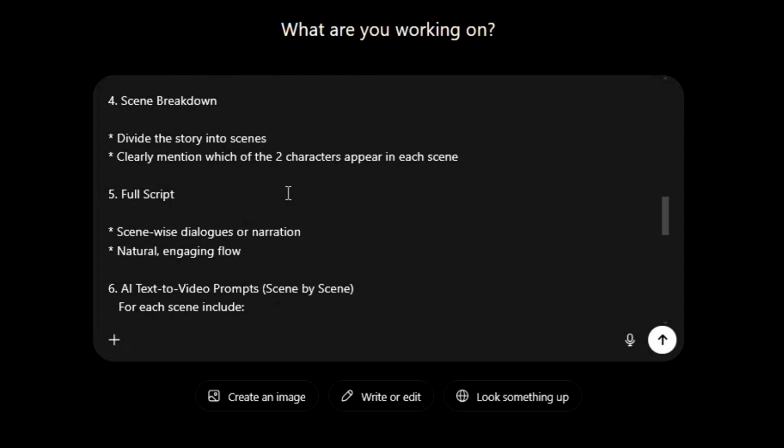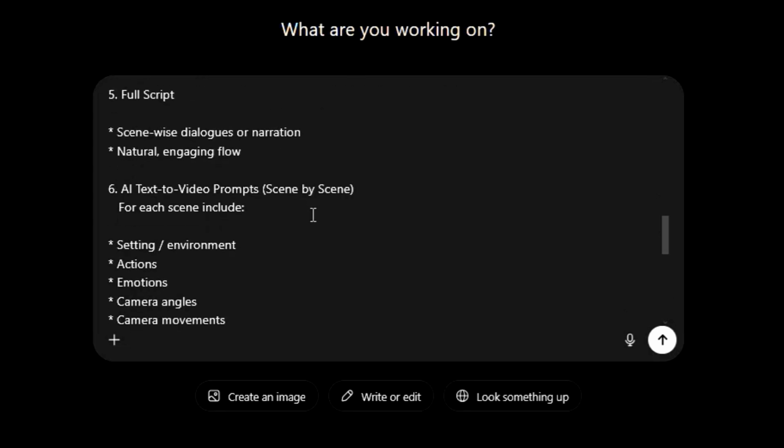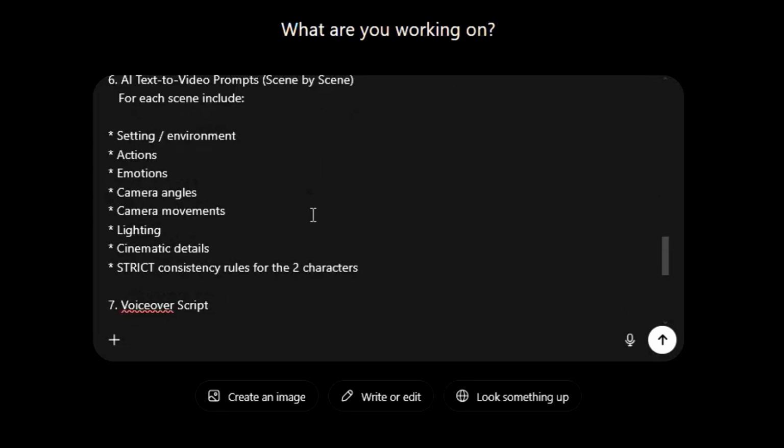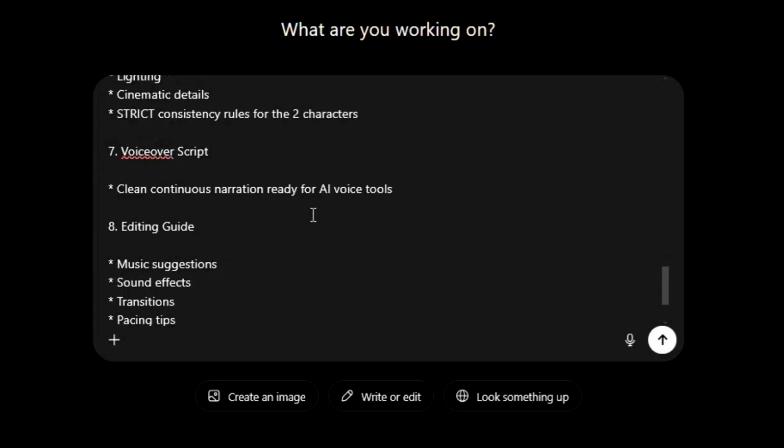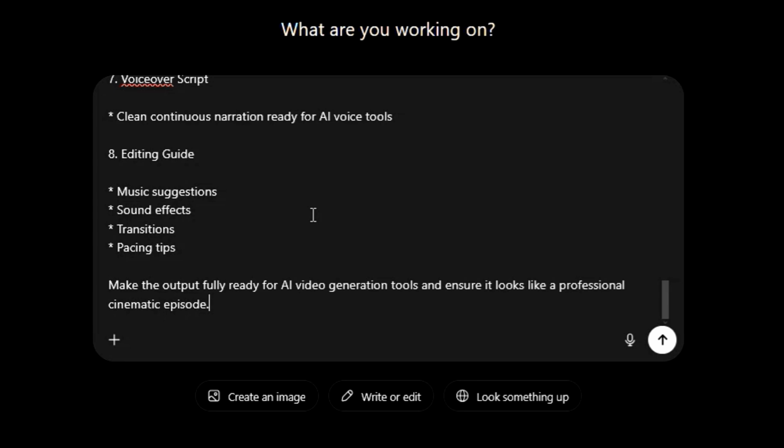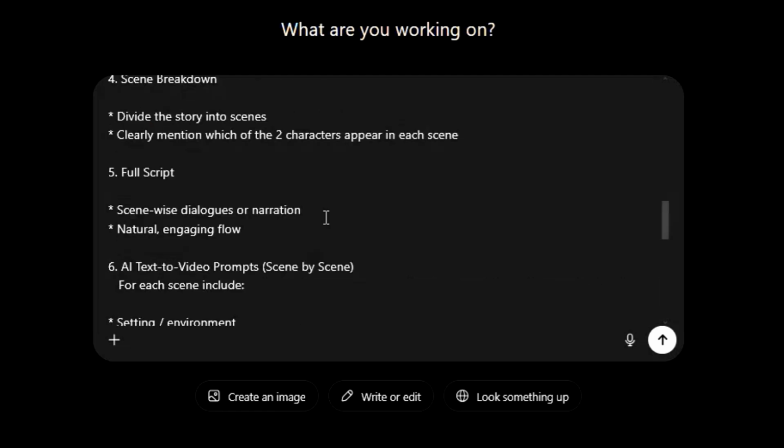And you'll get complete details for both characters like appearance, personality, clothing and voice style. You'll get a breakdown for every scene so that you know what will happen in which scene and which character will appear. And you'll get a complete script scene by scene which you can use directly. And for every scene, you'll get the video prompts which will include environment, emotions, camera angle, camera movement, lighting and cinematic details.